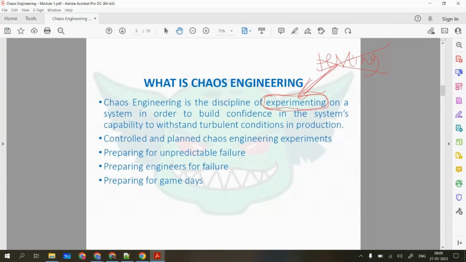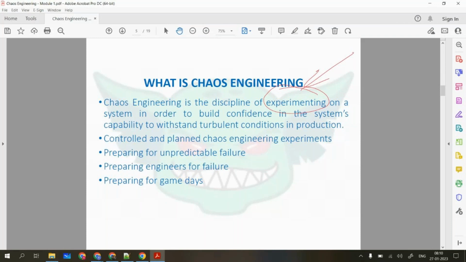Experiment is just trying to see the outcome. Correct, yes, exactly. So here we don't have an expected outcome, so we can't say it's testing. We are looking for what the outcome will be, but we don't know what it will be. There is no expected outcome, so that's why we say experimenting. Chaos engineering is all about experimenting, because whatever we are doing, we might not know what we are getting back. We are looking for a hypothesis, meaning this could happen,